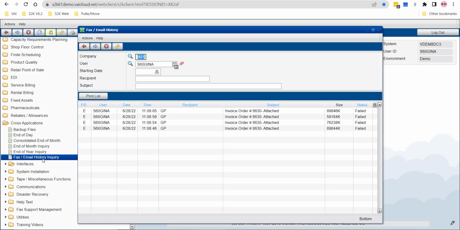are going out. So under the cross applications menu directly, there's a fax email history inquiry. When you open it up, it will default to your company and your user ID. So here's everything that I've done in my demo system, right? I can